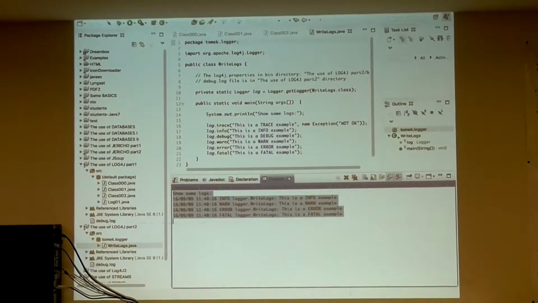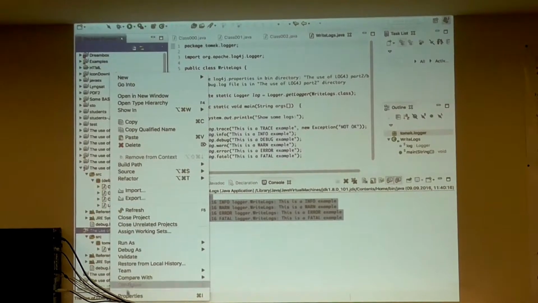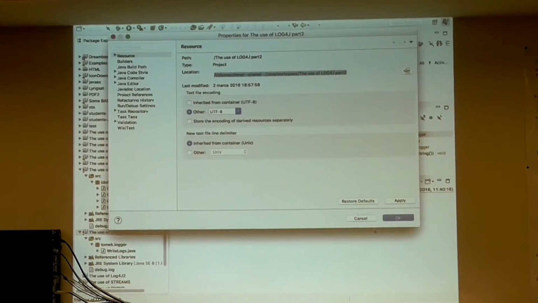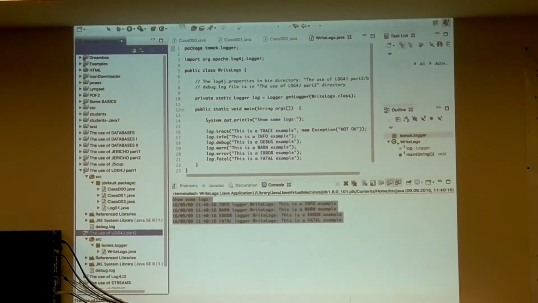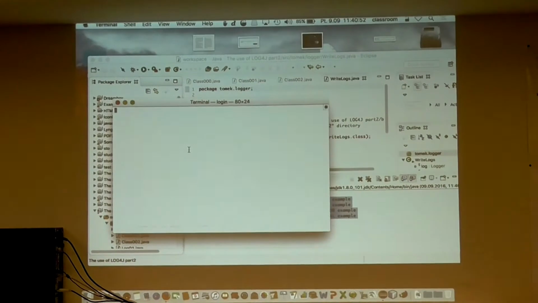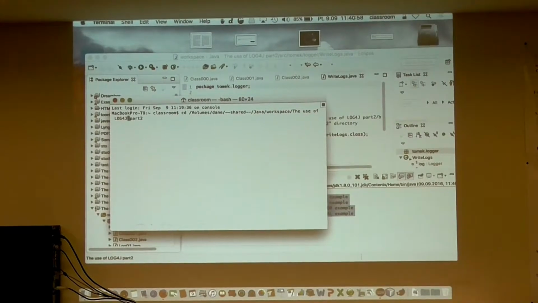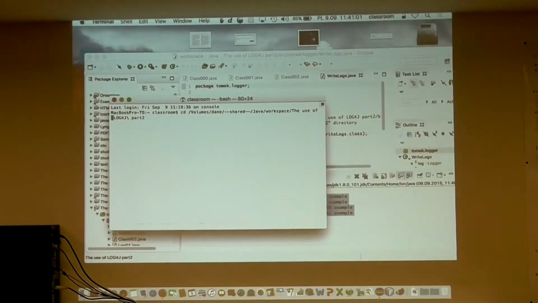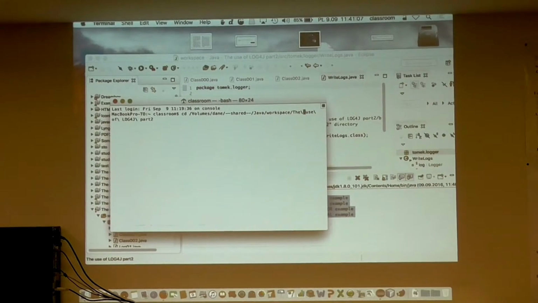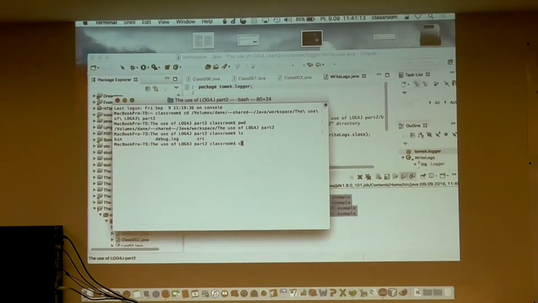but in our directory, okay, properties, where is it? Okay, this is the price. So I can go to this directory. It's not good to use spaces sometimes. Okay, so you can see